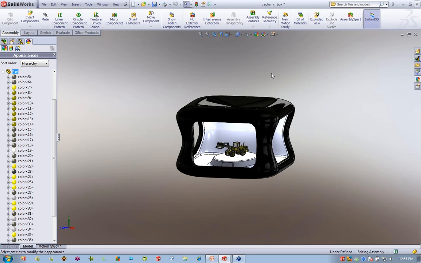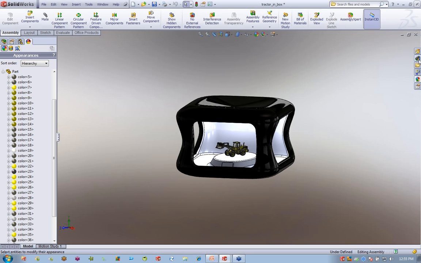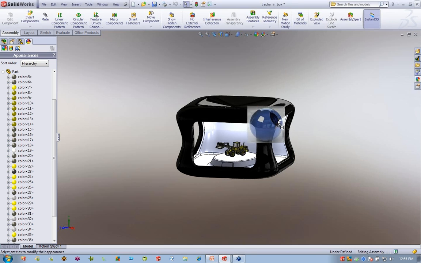Okay. Now, how do I add an appearance or change an appearance? Well, off to the right, we have our task pane, which essentially allows us to get into the library of standard appearances. Again, this is to view any appearances that exist. This is really just a library. So if I wanted to change an appearance, I just drag that appearance onto the component that I want, and